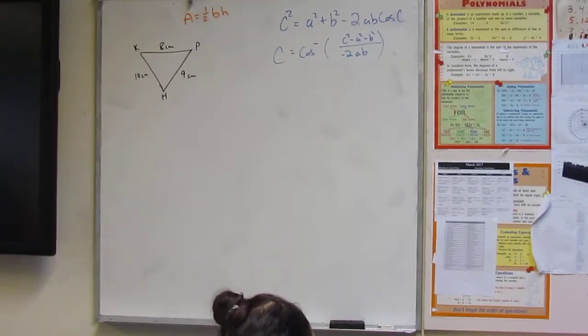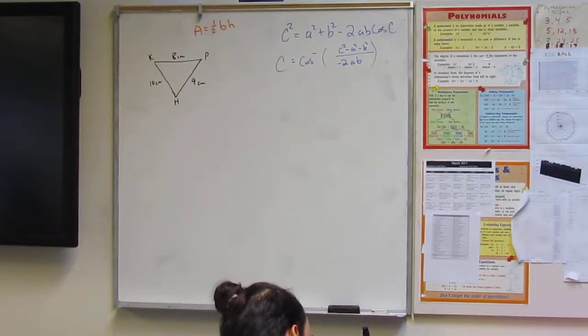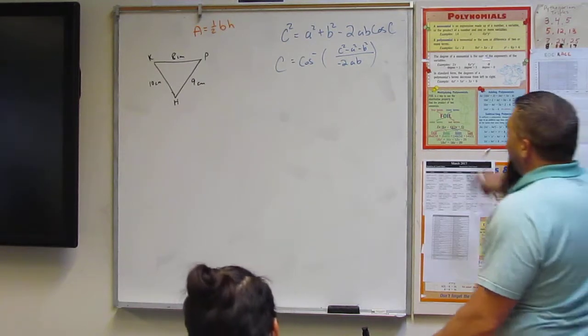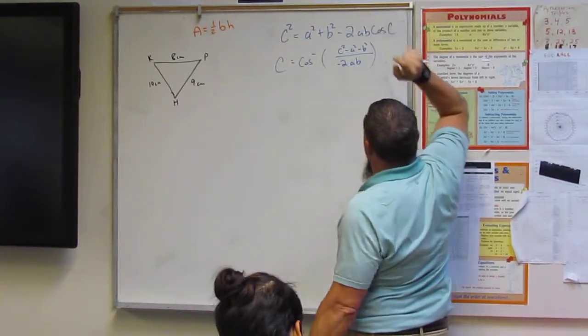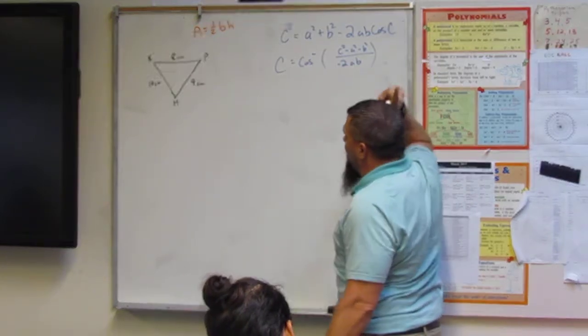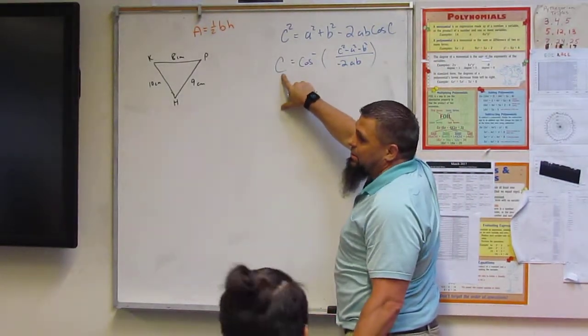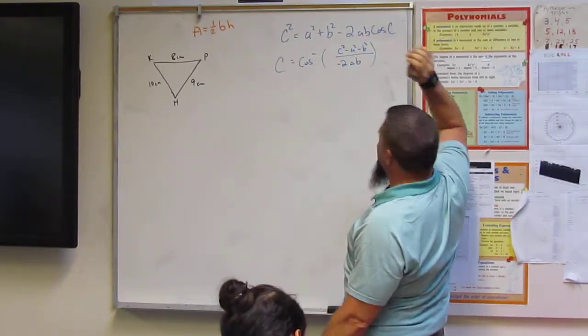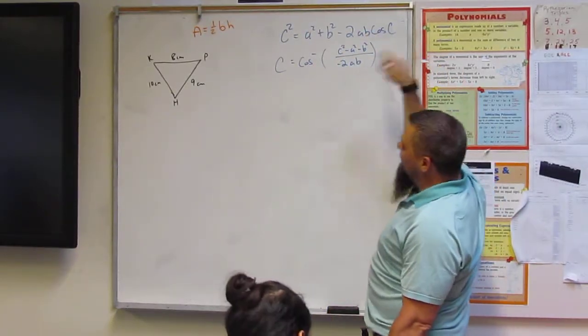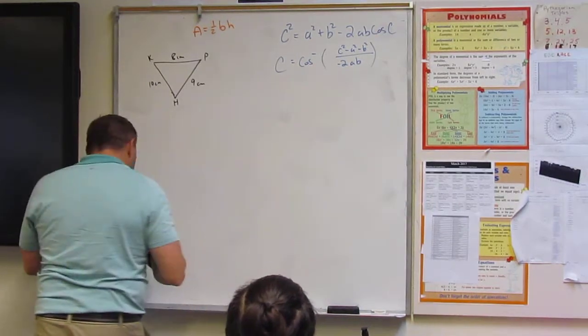Back one, back two. All right, so we have our two basic formulas. C squared equals A squared plus B squared minus 2AB cosine C, or the angle C is equal to the cosine inverse of C squared minus A squared minus B squared all over negative 2AB. Now,